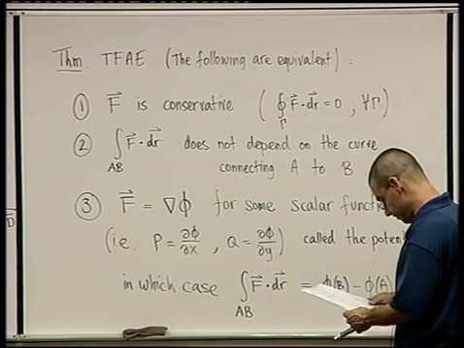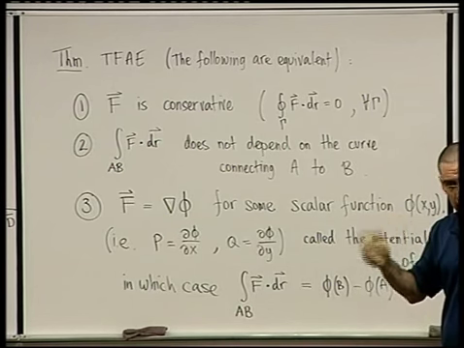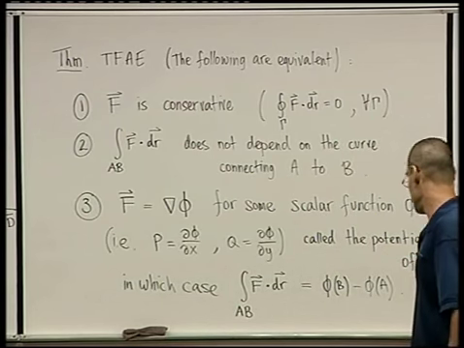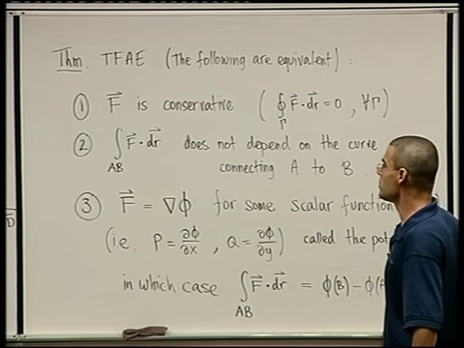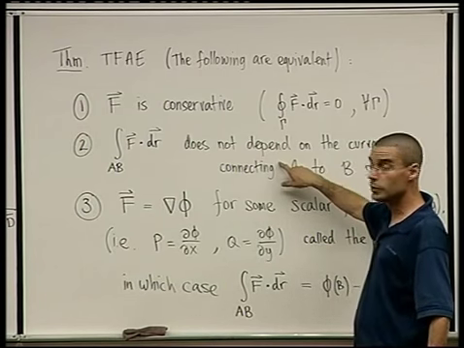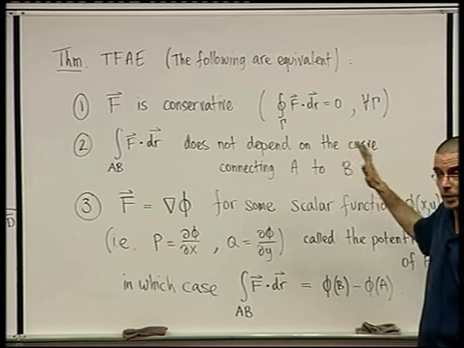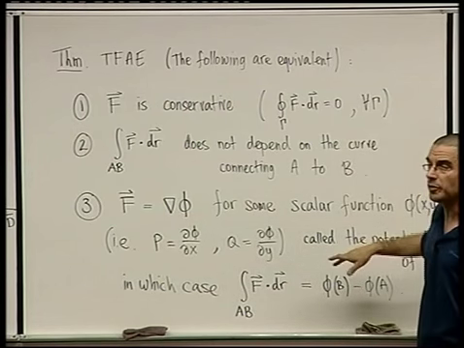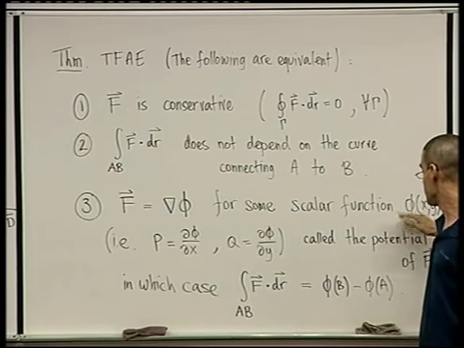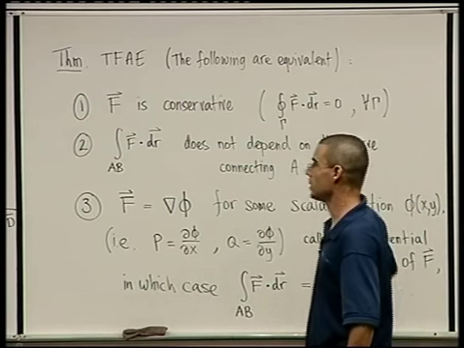So there's a fourth equivalent condition, but that's the tricky one. That has something more to say, and for that we're going to need a bit more requirements. So that we're going to consider at a later time. What I want to do now is prove at least parts of this. So I'm not going to prove everything. I'm going to prove that 3 implies 2, and I'm going to prove that 1 and 2 are an if and only if. So the only thing, in fact, I'm not going to prove is that 1 and 2 imply phi. That's harder. Okay? That's harder because you somehow have to construct out of nothing this potential function, and it's a bit tricky. Okay? It's much less trivial than all the other